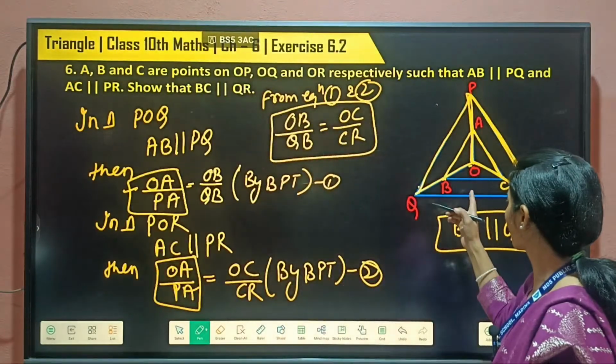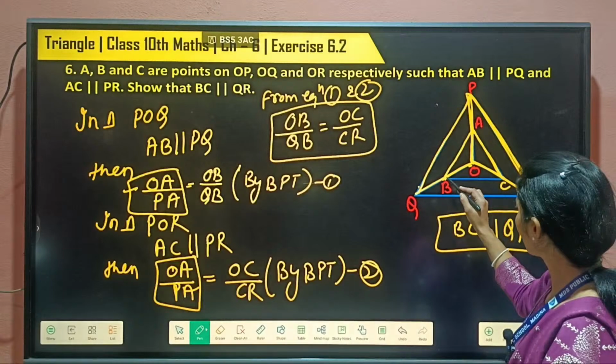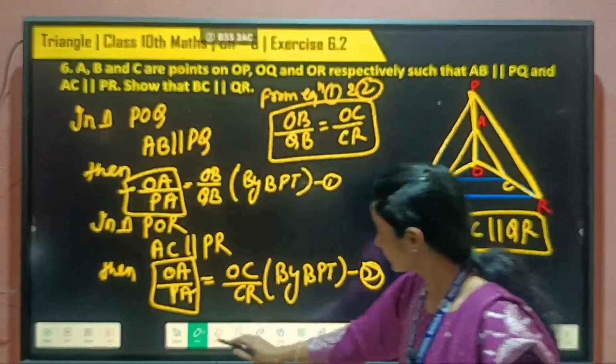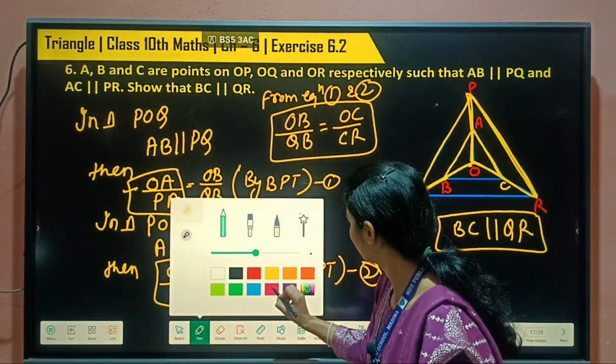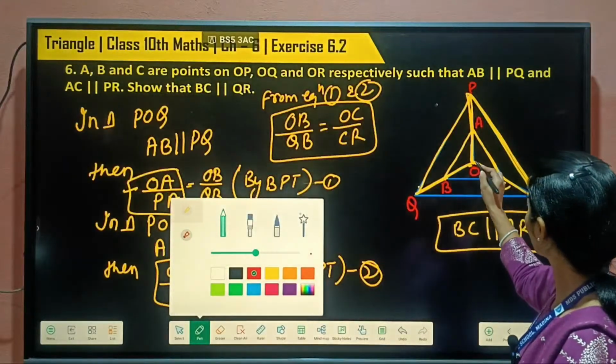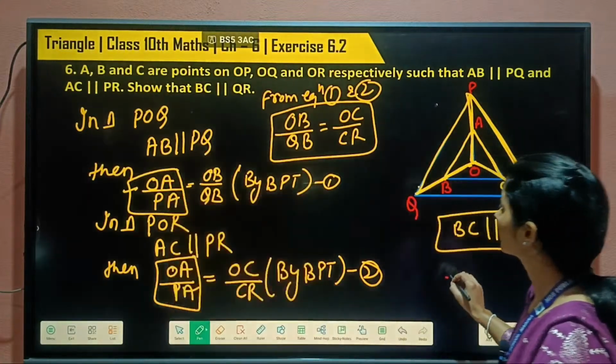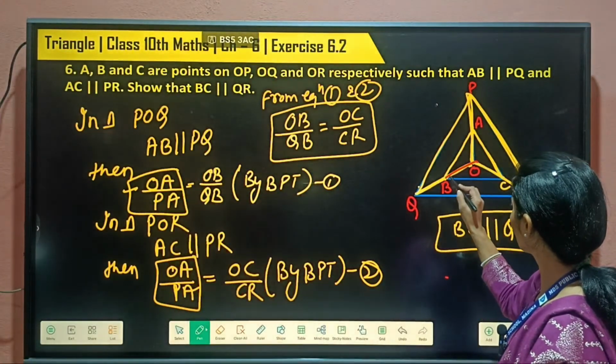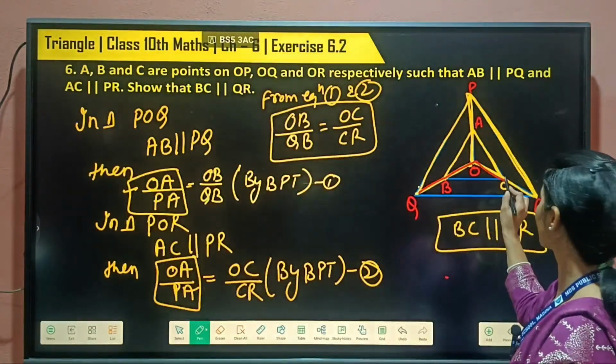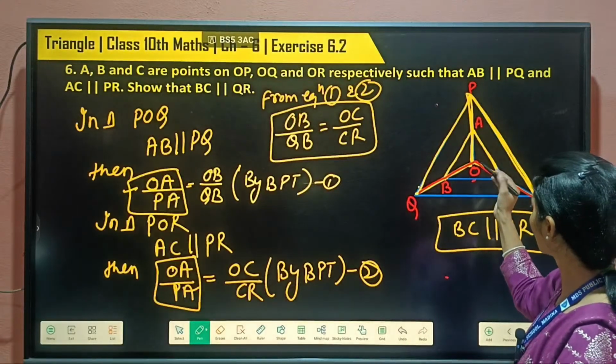Now check out this ratio in your figure: OB by QB and OC by CR. This corresponding side